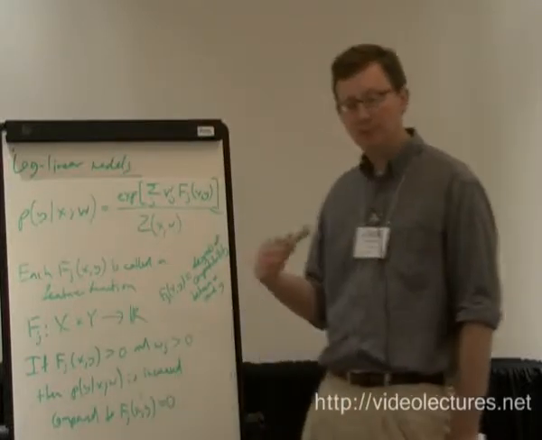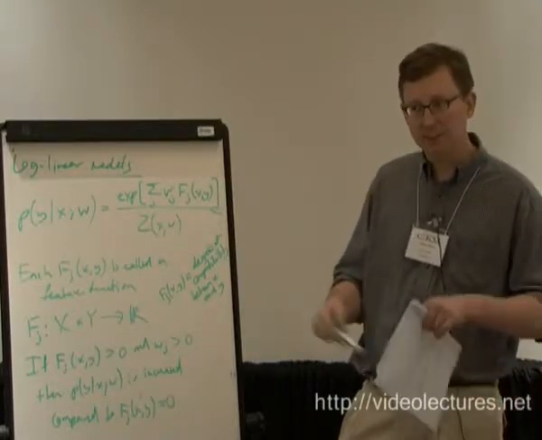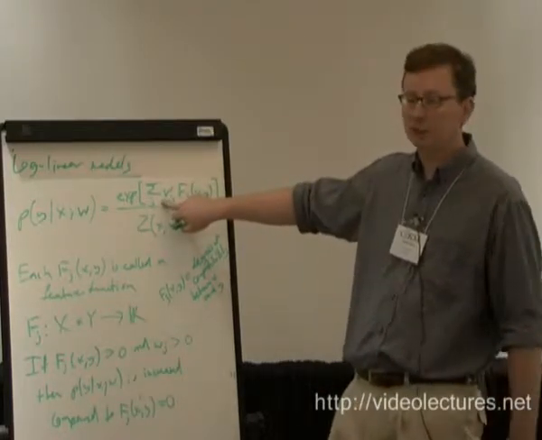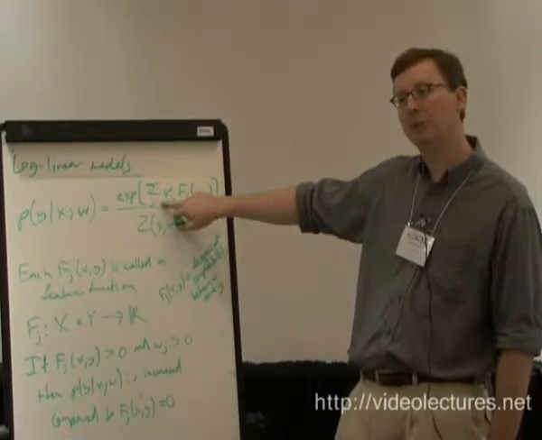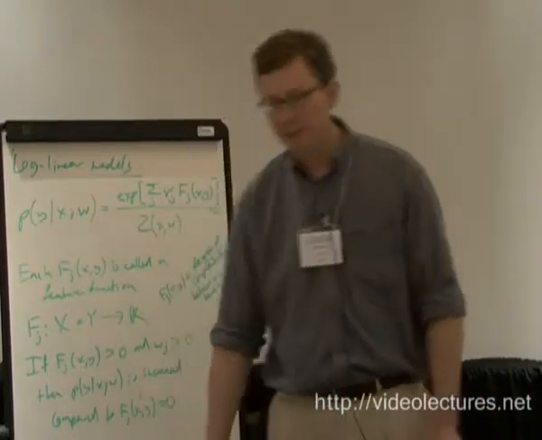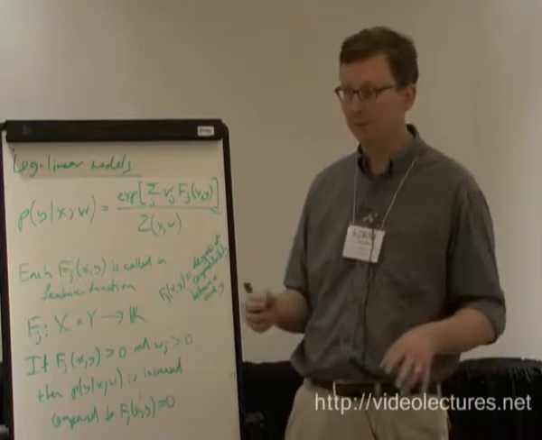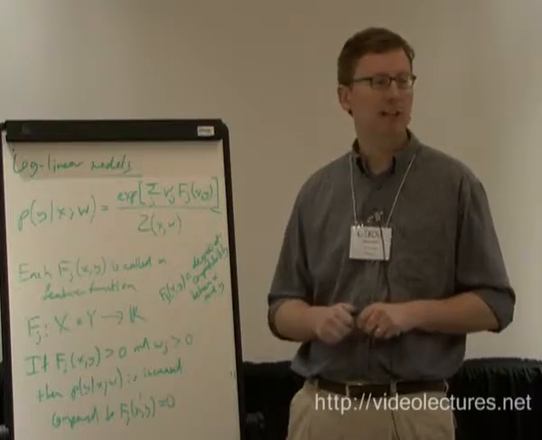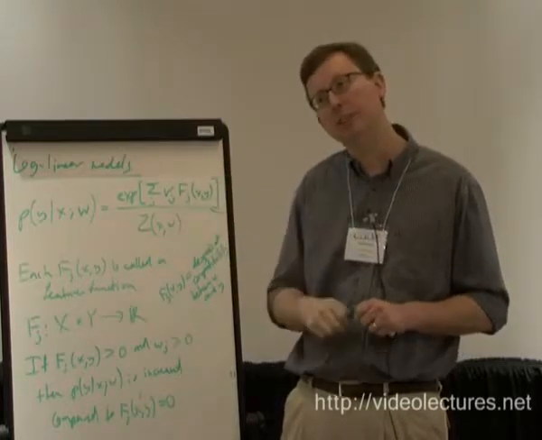I'm feeling a bit of a chicken and egg problem in talking about log linear models because everything's connected. These weights, which are the equivalent of the betas I had before, are the parameters, and we're going to have a learning algorithm for them. What we actually do is define a feature function that measures some property of x and y, and then the learning algorithm is going to learn whether that feature has an affinity with y being more likely or less likely.